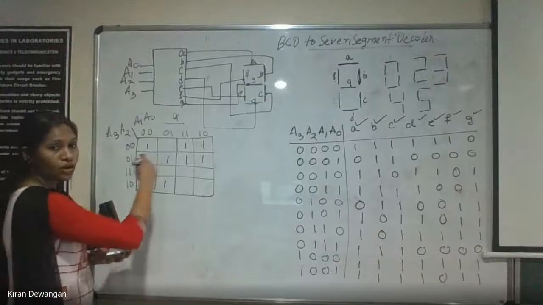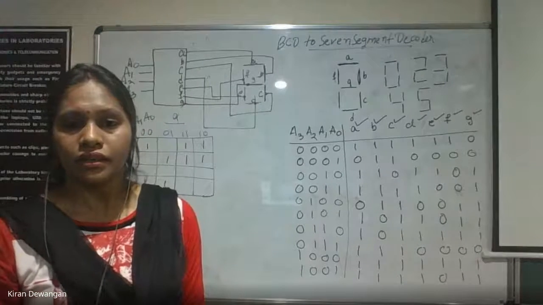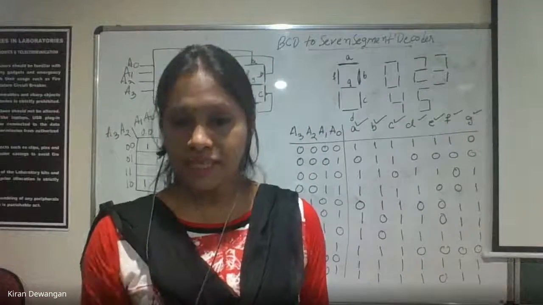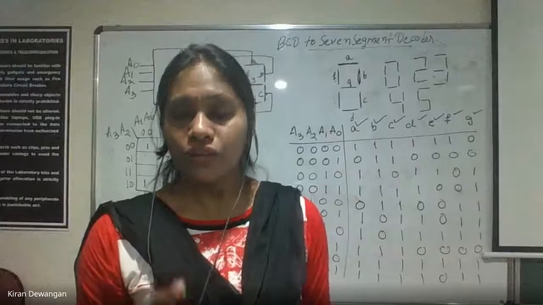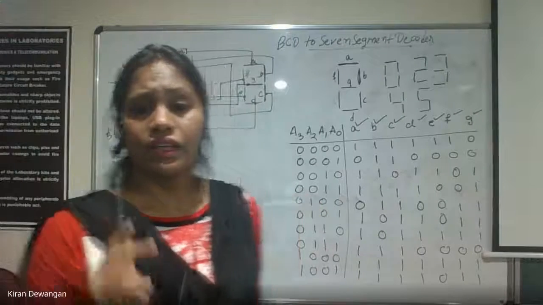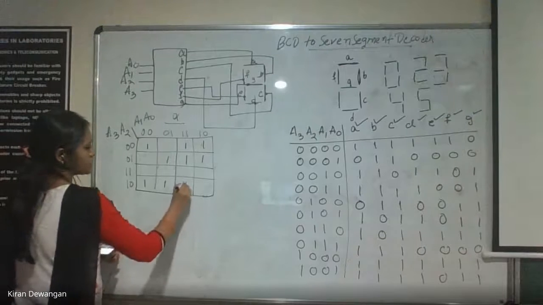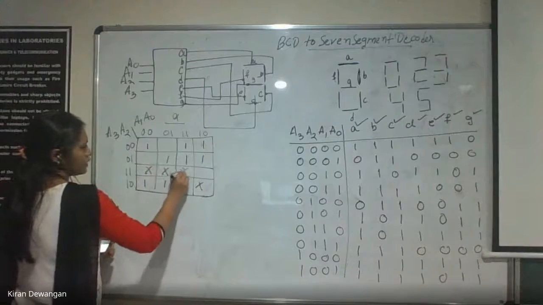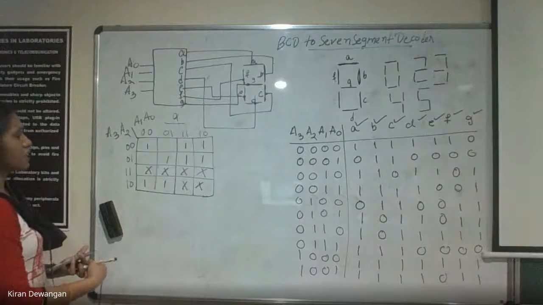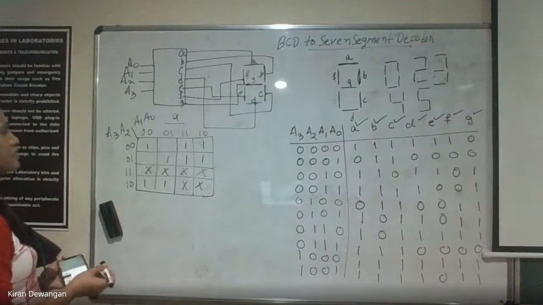Now what about the other combinations in BCD? What do we do in case of BCD for 10, 11, 12, 13, 14, 15? What do we do if the BCD is input? What we do for 10 to 15 combinations? Yes, reply. They are always don't care. So for these combinations, it will be a don't care. अब इसको सॉल्व करो कि इसमें क्या क्या रहेगा. कितने आपके क्वार्ट्स रहेंगे, कितने पेयर्स रहेंगे.